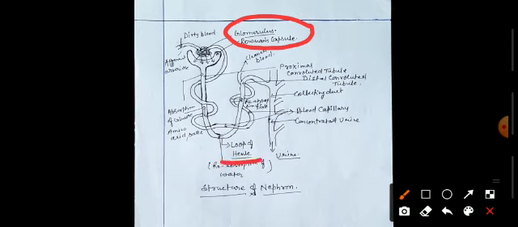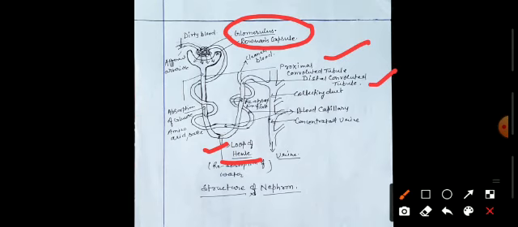The upper region is the proximal convoluted tubule, the middle portion, which is U-shaped turn, that is loop of Henle, and third part, that is the last end of this renal tubule, which is connected with collecting duct, is the distal convoluted tubule. The blood capillary surrounds it, and after filtration and reabsorption, clean blood is passed into renal vein and finally into body parts.